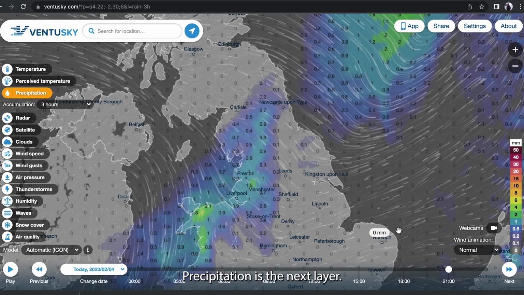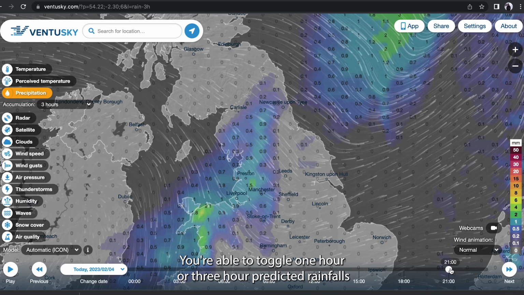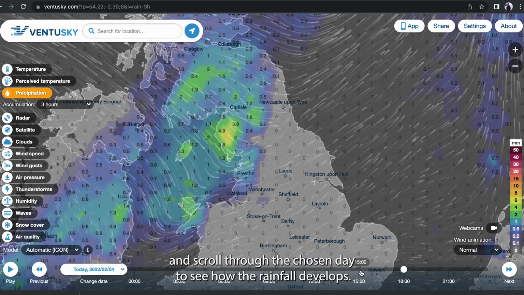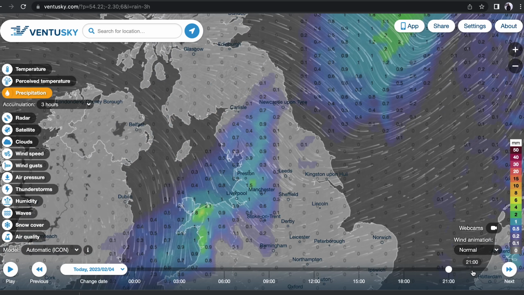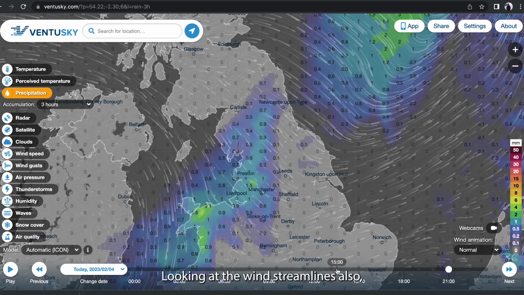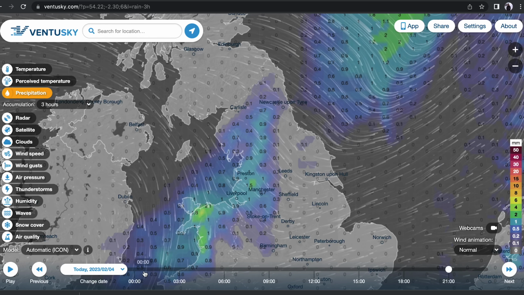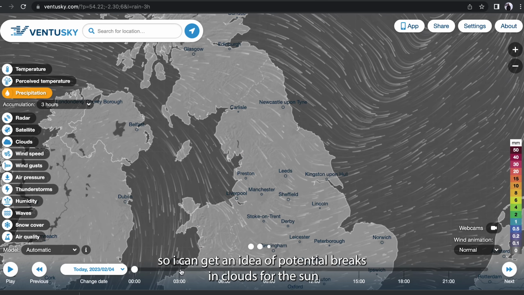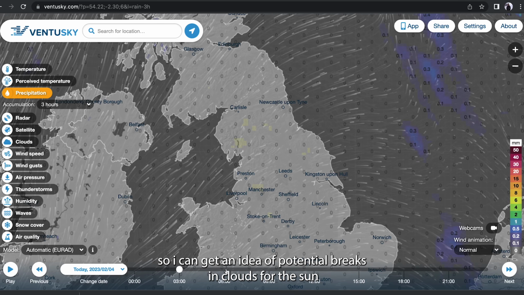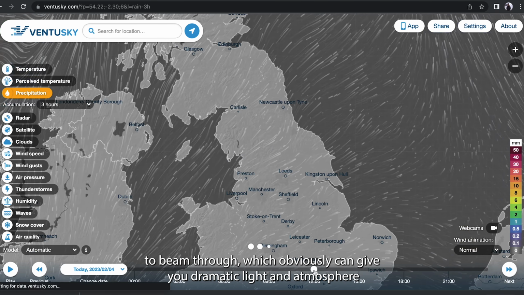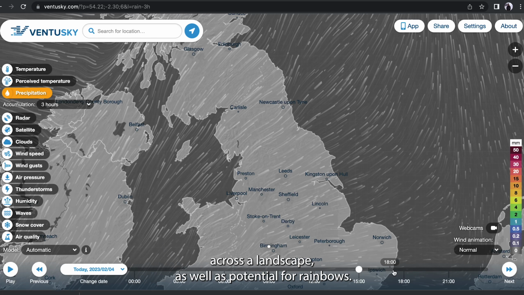Precipitation is the next layer. You're able to toggle 1 hour or 3 hour predicted rainfalls, and then scroll through the chosen day to see how the rainfall develops. Looking at the wind streamlines also, you can understand the direction and intensity of rainfall. I'll often toggle this with the cloud coverage also, so I can get an idea of potential breaks in clouds for the sun to beam through, which obviously can give you dramatic light and atmosphere across a landscape, as well